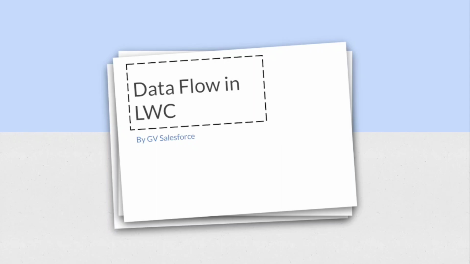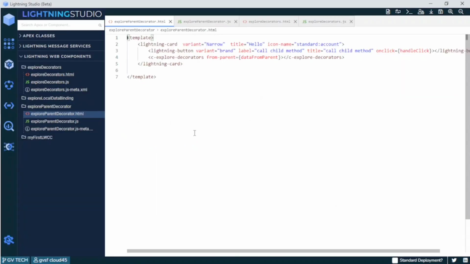Welcome to ZV Salesforce. Today in this video we are going to learn about data flow in LWC. So let's get started. In the previous video we discussed the API decorator in Salesforce and how we can use it. The API decorator can be used if you want to exchange data between parent and child components,